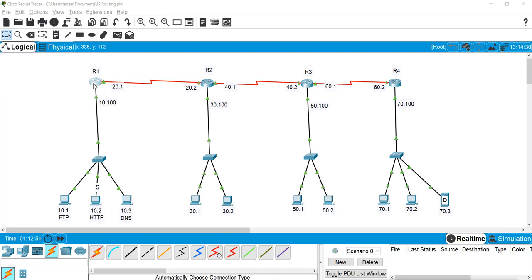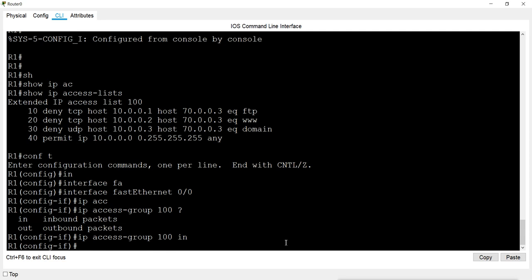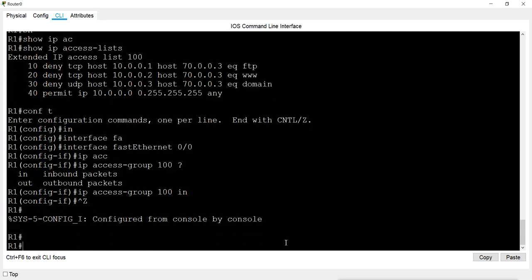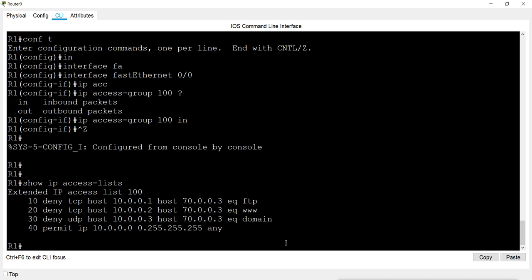So on this interface, what we will configure is in. So here I will configure in and done. As soon as you press enter, the list is applied, but still no packets are matched because we have not tried the communication.